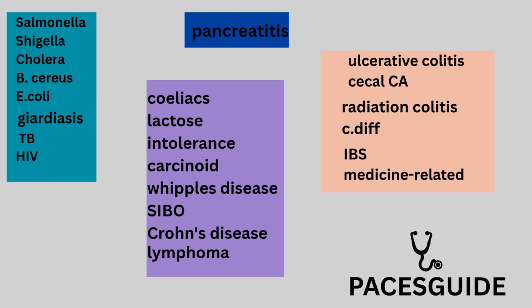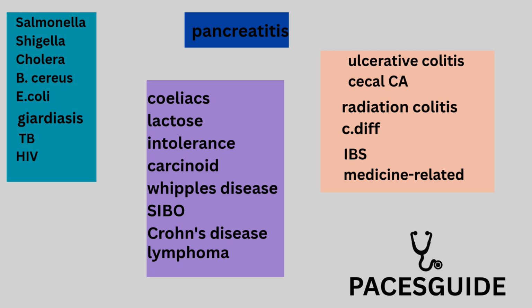So, these are the infectious causes: Salmonella, Shigella, E. coli, B. cereus. These are all acute causes. GRDs can be chronic. TB and HIV again can be acute or chronic. So you can then, if there are constitutional symptoms, an acute onset, it will denote towards one of these causes potentially. Pancreatitis, if the patient has abdominal pain in the upper abdomen, radiates to the back, maybe he's an alcoholic, you can get an idea about